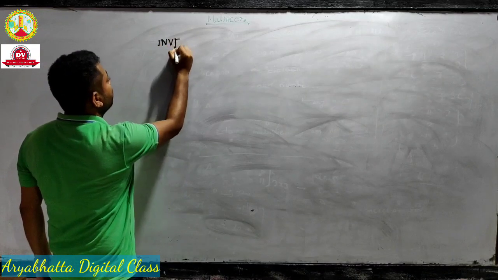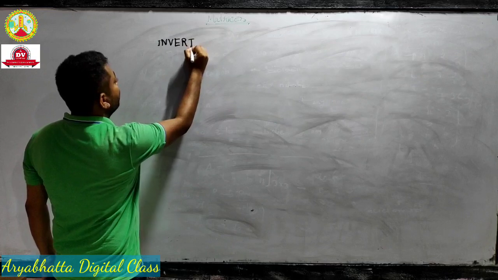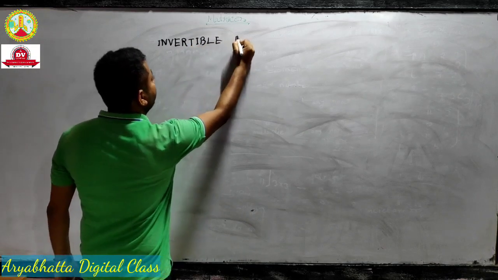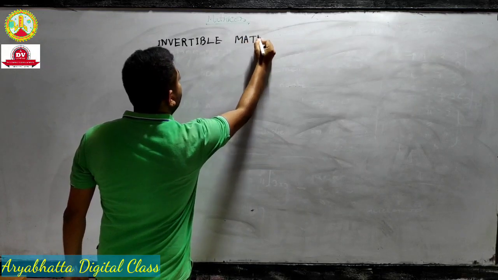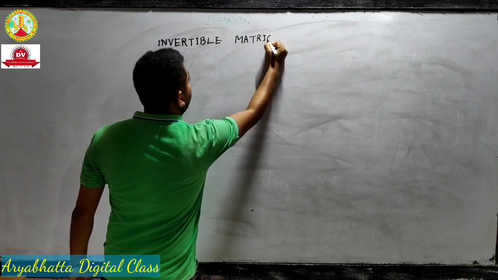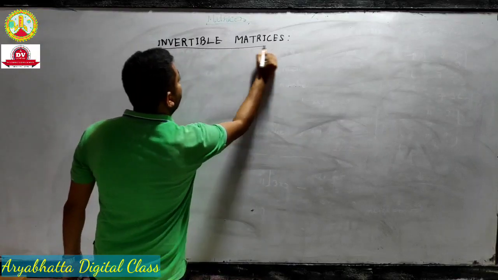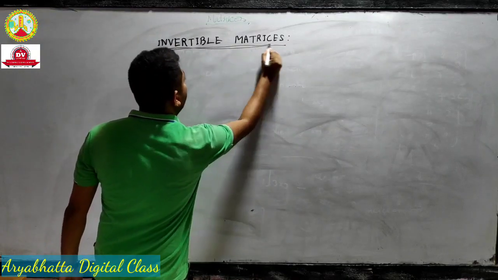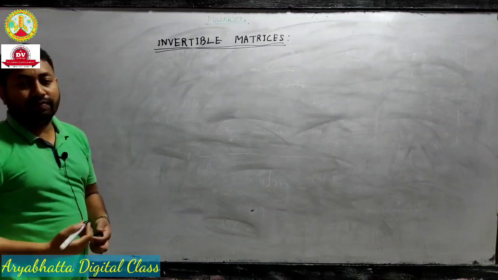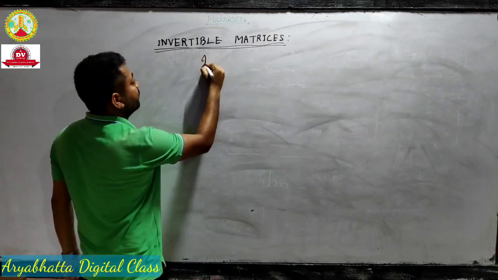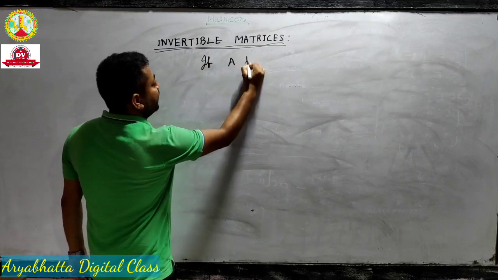Invertible matrices. What are invertible matrices? If A is a square matrix of order m by n, if A be any square matrix,